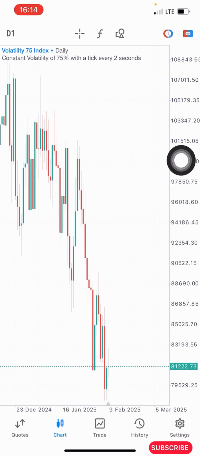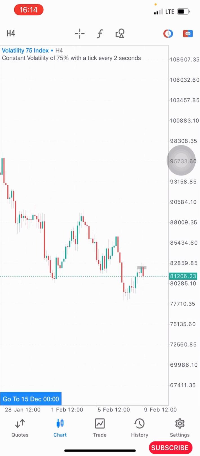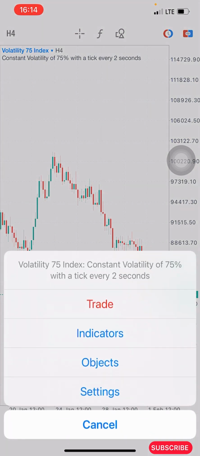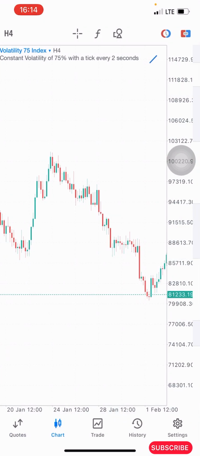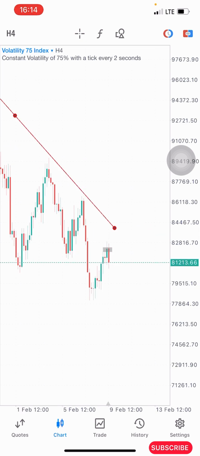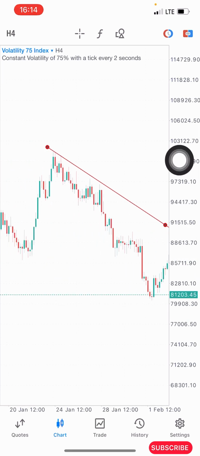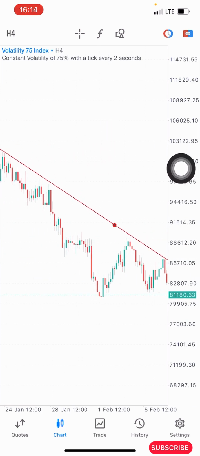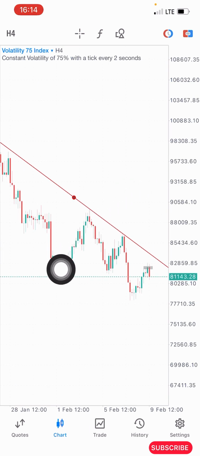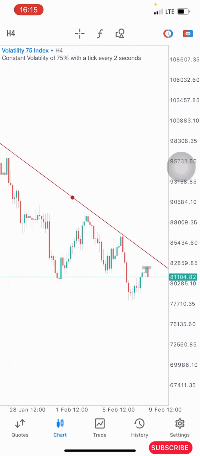So with this, I will head down to the 4 hours time frame to better understand what the market is doing. Here on the 4 hours time frame, I'm going to draw a downtrend. I'm going to use my trend line to mark out and help me identify the trend of the market. I'll mark this out using the structures, the tips of the structures being made by price. You can see I connect like 2 or 3 structures together in order to better mark out the